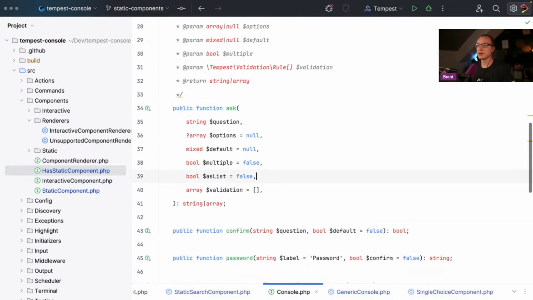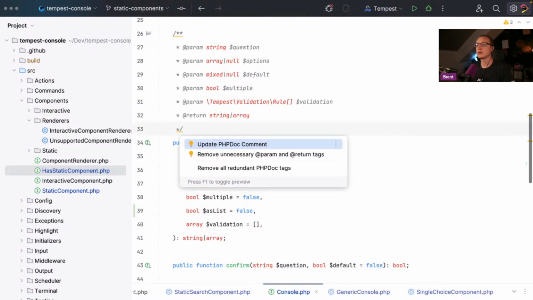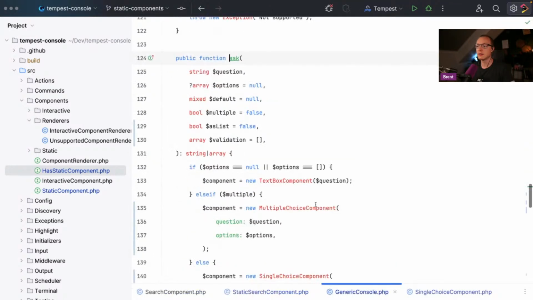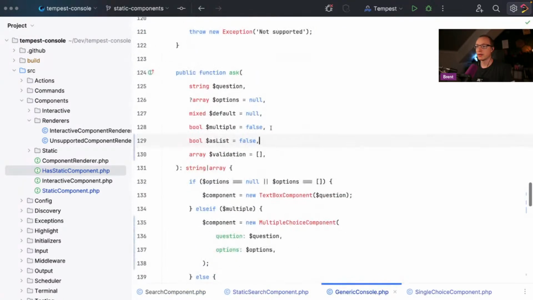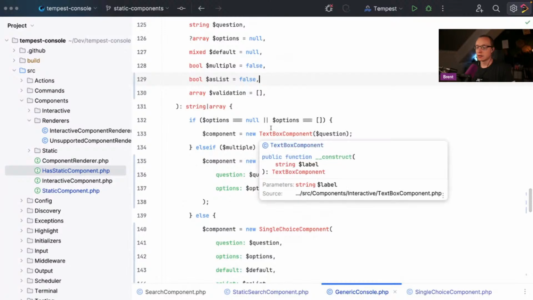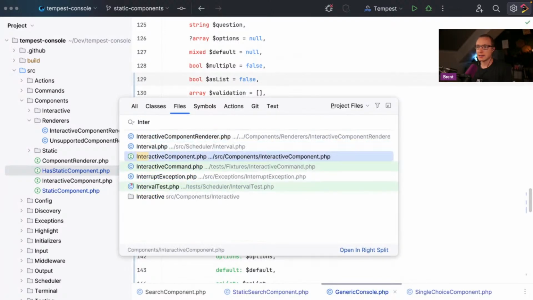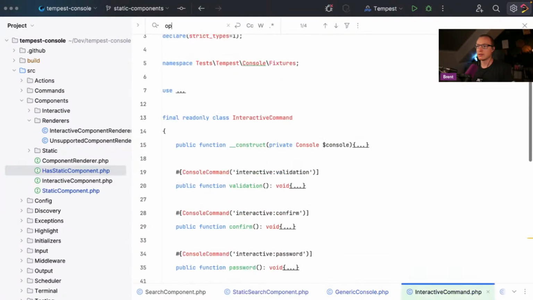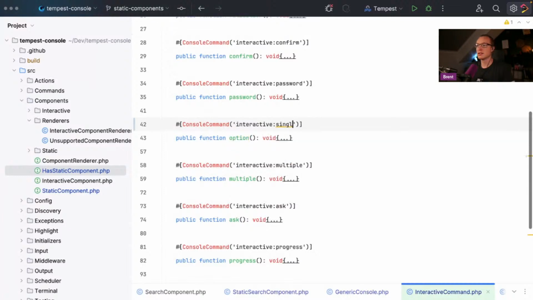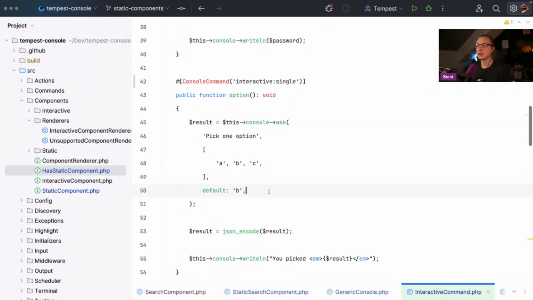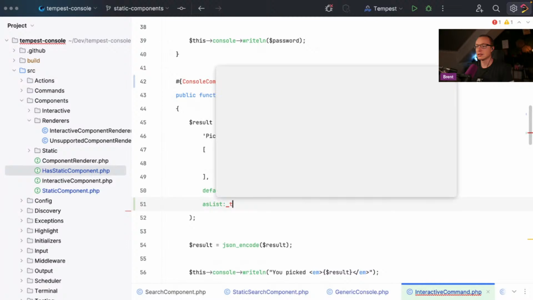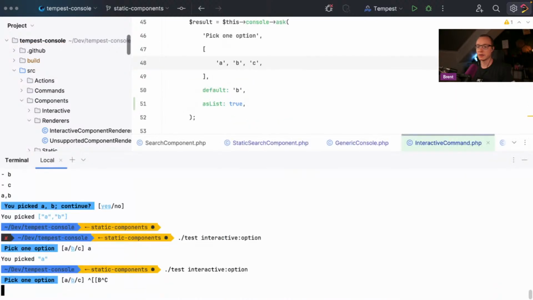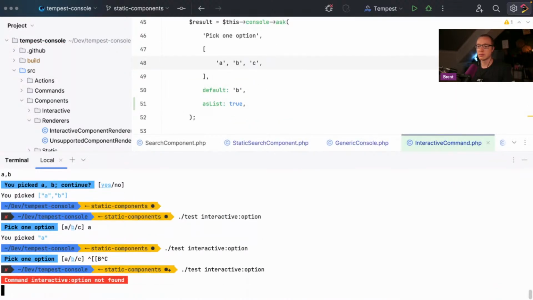Let's also add it here and update this. Okay, so let's go to our interactive command here, and then we had option. Let's rename this to single to be in line, and then we say as list is true over here. So whenever we run option, this command here,